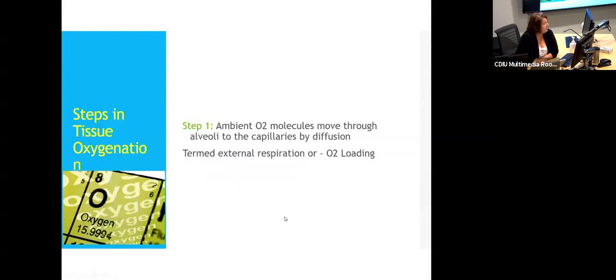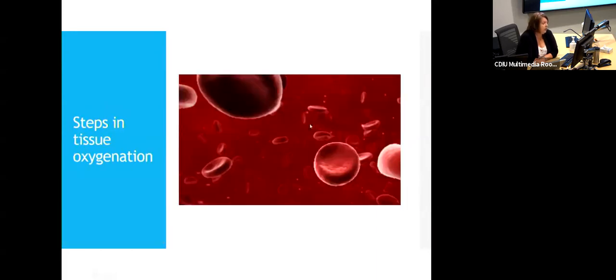There are a number of steps in tissue oxygenation. So the first one would be that ambient O2 molecules move through the alveoli into the capillaries, and they do that just by passive diffusion, not a problem. So we're going to load the O2, and we're going to load it onto hemoglobin. If you have a dyshemoglobinemia, so if you have something that is impairing the ability of hemoglobin to carry oxygen,